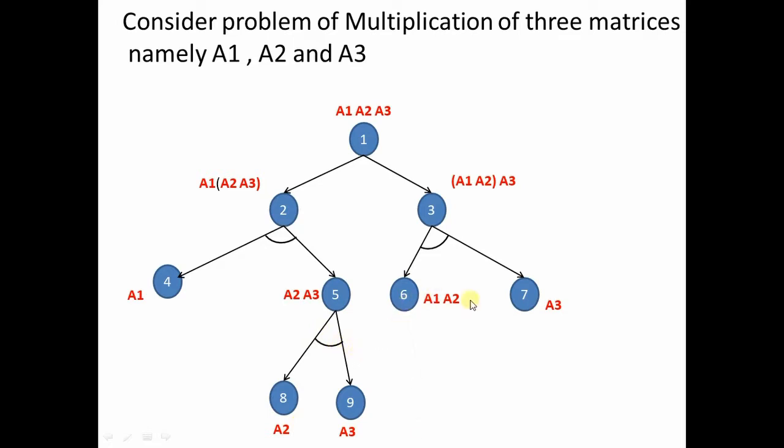Similarly, how do I achieve A1 A2? Let A1 correspond to node 10. Let A1 be that matrix. Let A2 be another matrix corresponding to node 11, and then to achieve A1 into A2, there has to be dependency. That means 10 and 11 both have to be solved. Only then you get this. So here also there is AND OR. So this is a simple example of your AND OR graph. If you see only this part of the graph, it is an OR graph. If you see the remaining part of the graph, it is an AND graph. So this kind of graph is called an AND OR graph.